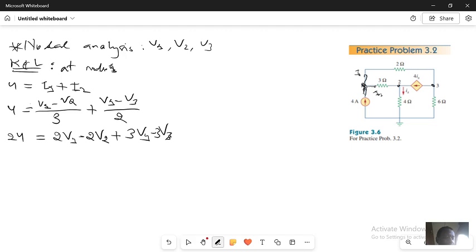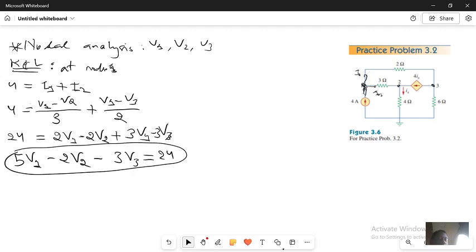So by the end I will find 2V1 plus 3V1 is going to be 5V1, there is no V2, minus 2V2 minus 3V3 equal 24. Now I have determined the first equation. Now at node 2,